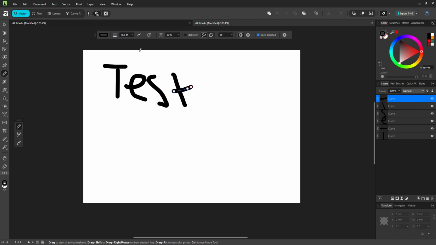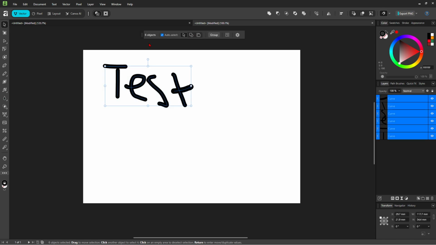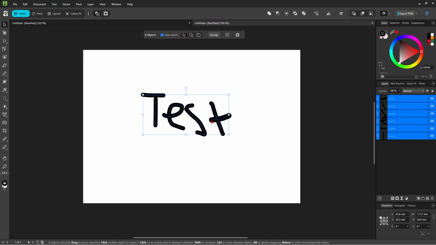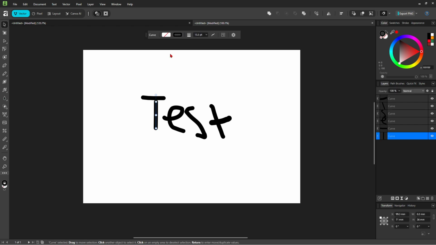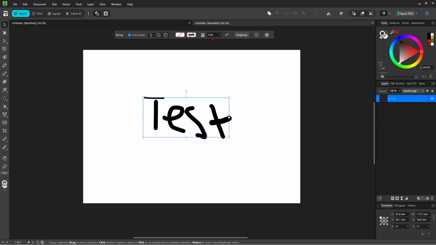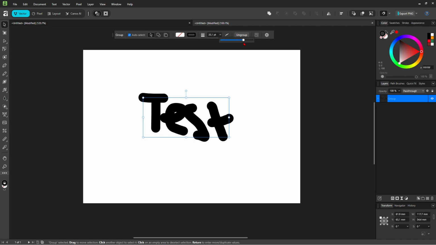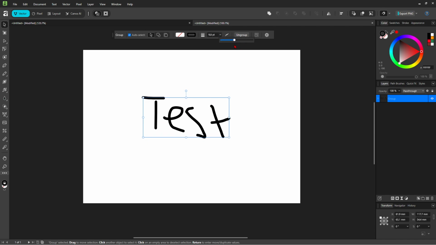Now, once we draw freehand, we can change how thick you want your pencil. So I'm going to highlight all of this, and I can move this around. But if I click onto this line here, we can check that out, and we can change the width of that like so. I wonder if I can highlight the whole lot and do this. If I group them, yeah, I can. Now I can change the width of the